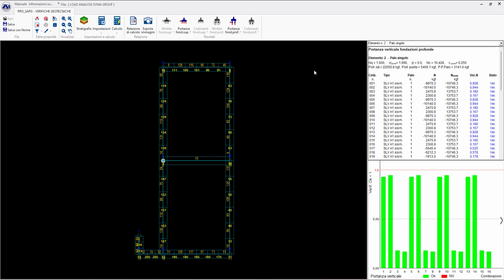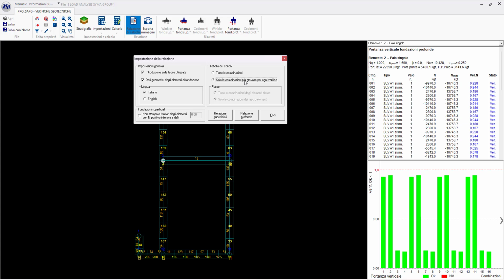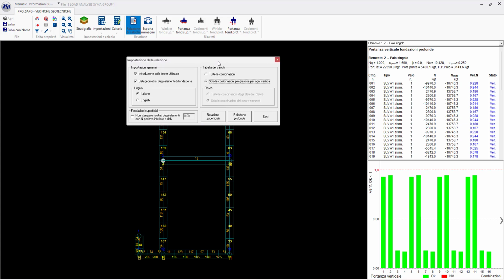Okay, so now we did the checks, and as output here we can create the calculation report with this command. So this is the window that is going to open, and basically here you can select which kind of report you want. First of all, on lingua you should click on English.